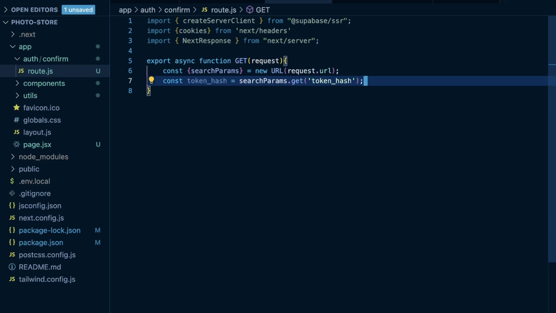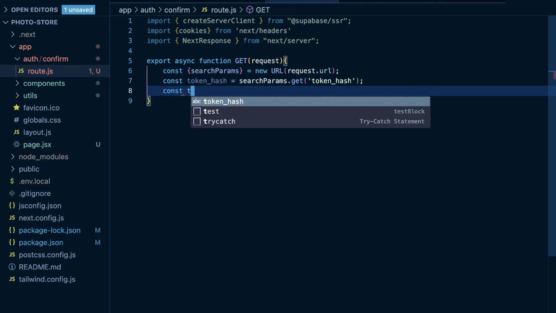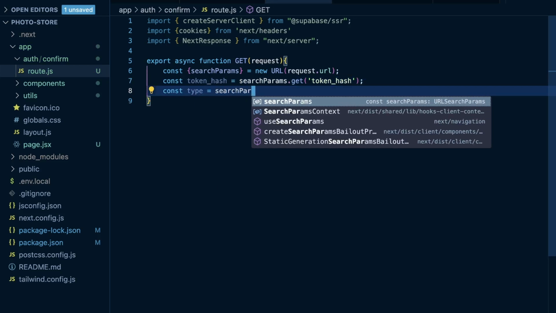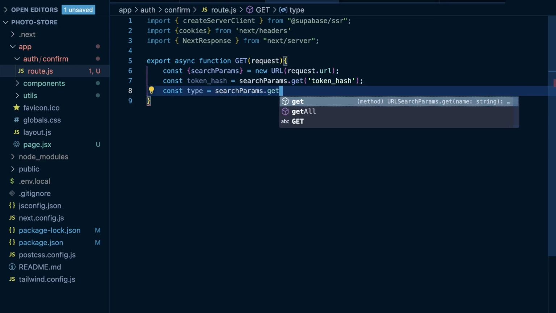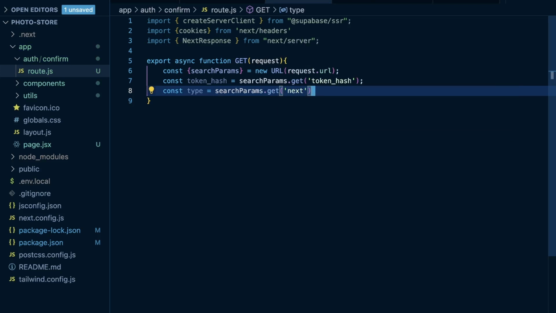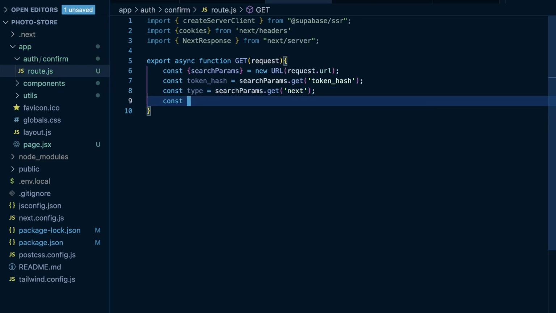And then const type is equal to searchParams.get, and it's going to be next. And then from here, it's going to be const cookieStore is equal to calling that cookies function